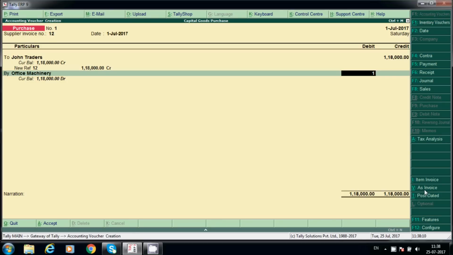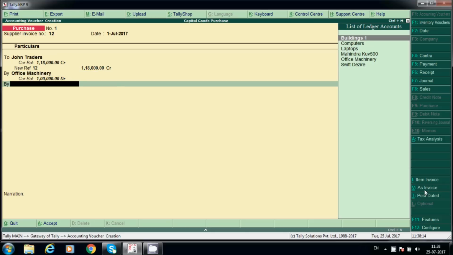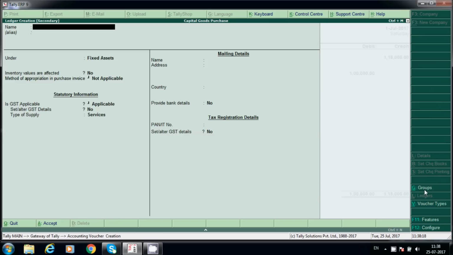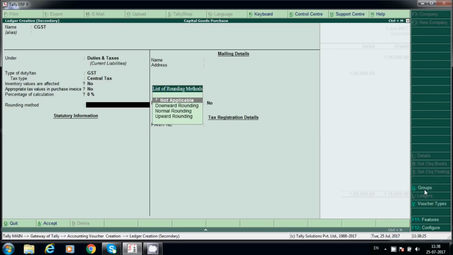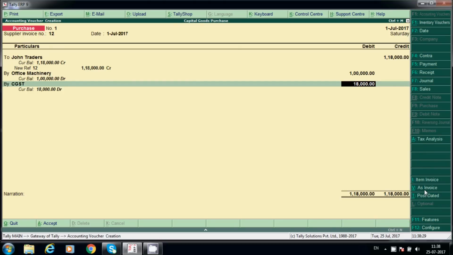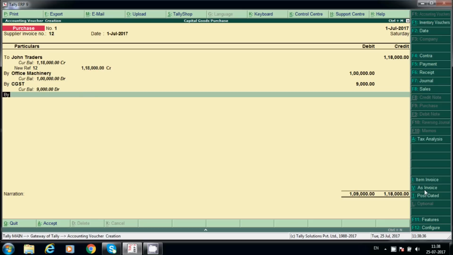The value is 1 lakh, and here we'll create CGST under duties and taxes, central, and it will calculate 9,000.